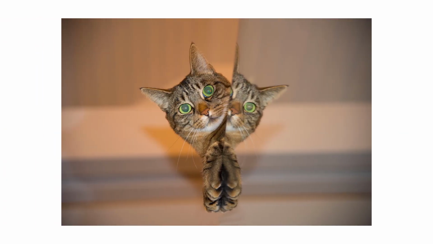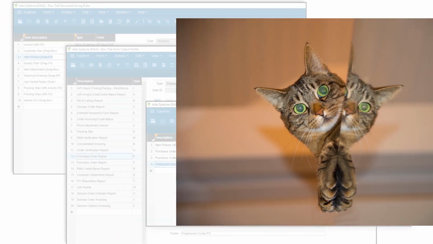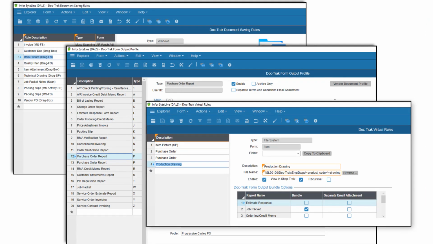For this lesson, we're going to look at how you can restrict users from making manual attachments. So, why would you want to do that? Well, in the next few lessons, you'll learn that there are lots of reasons. You'll also learn that you can create rules that will let your users make all the attachments they need through DocTrack. That way, you can maintain control of your archive, and the users won't need the delete, add, or update Windows permissions.